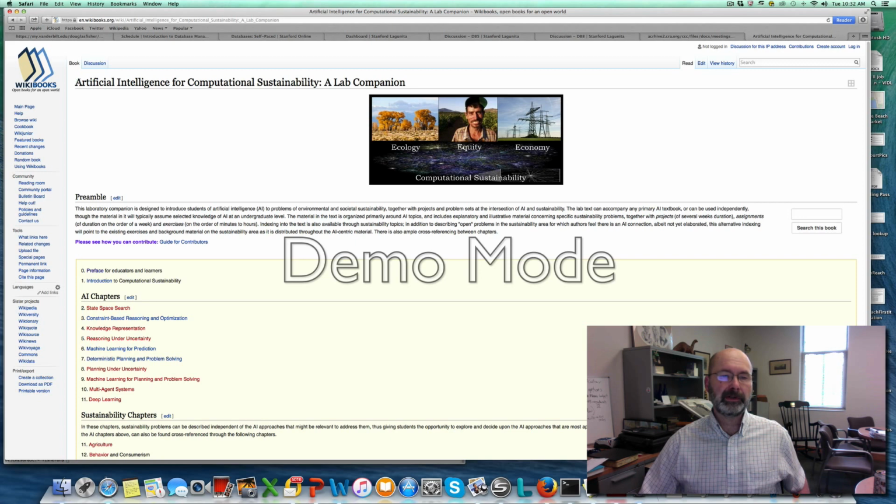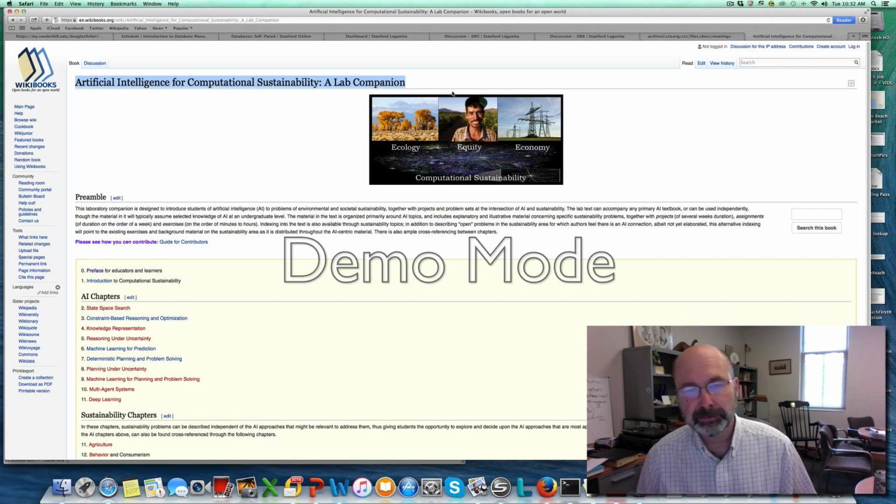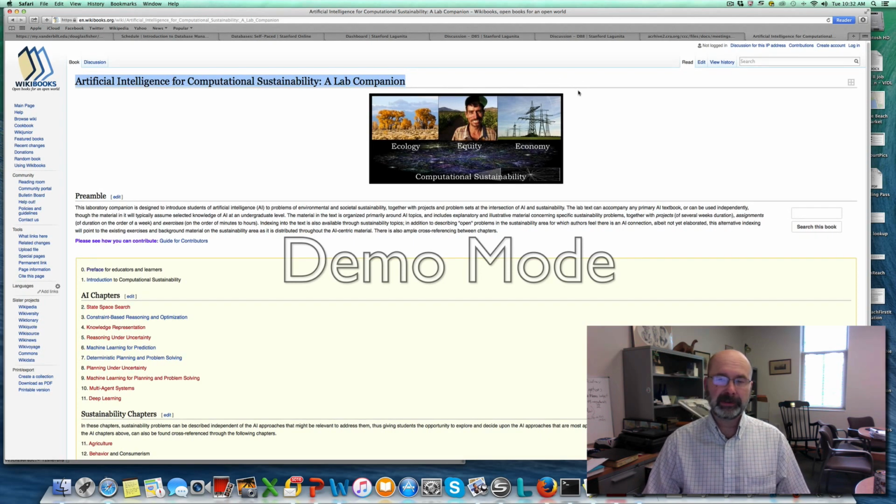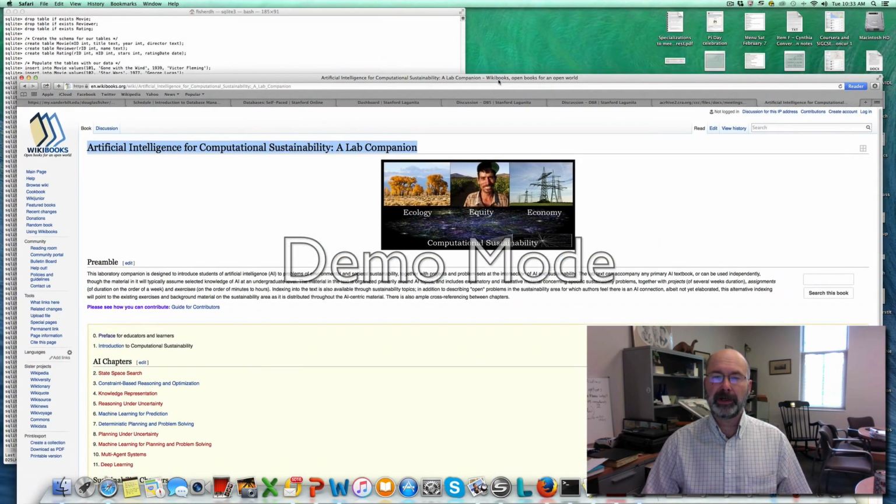And this is a wiki book that I started. It is basically a lab manual, like a chemistry lab manual or physics lab manual or biological science lab manual that specifies exercises that students can do in an AI course. So the idea here is you don't take away one bit of the computer science content from these computer science courses, but rather use sustainability as one of the primary domains for exploring, in this case, artificial intelligence. But it could be database, it could be hardware, energy efficiency and recyclability. It could be a whole bunch of different areas. In any case, these are the 4 areas that I am working on, and looking forward to